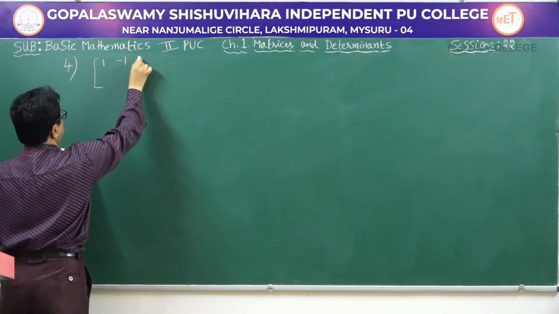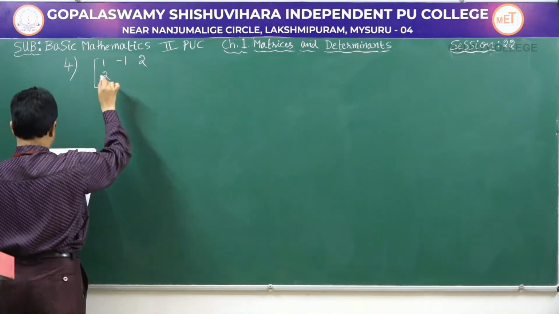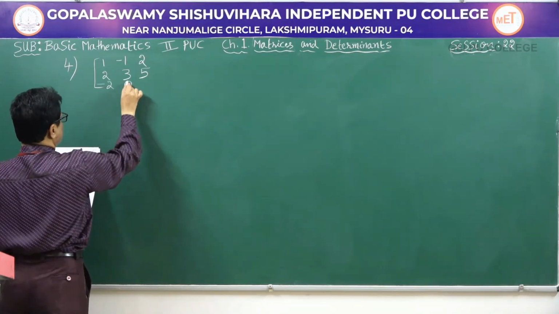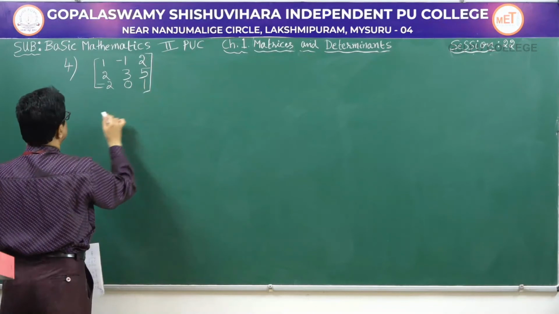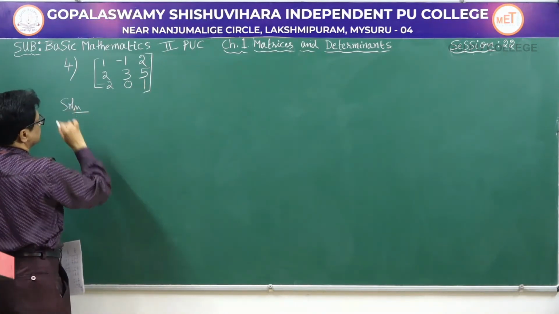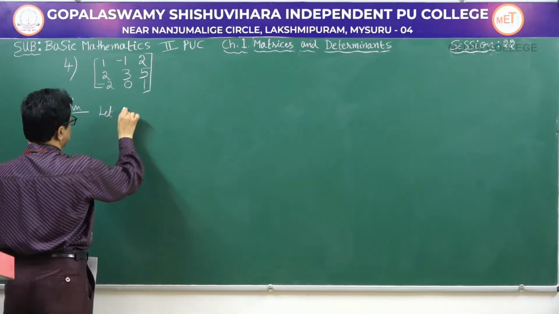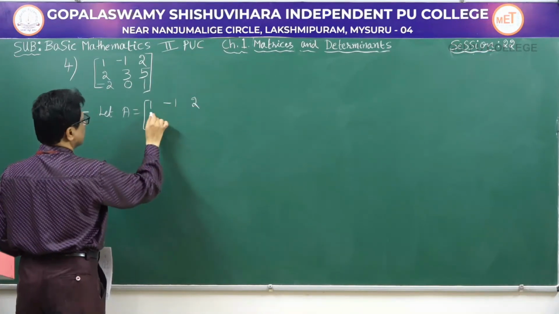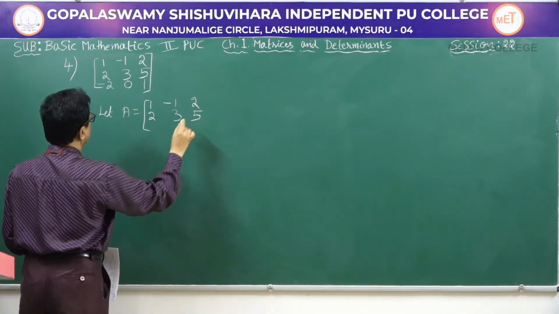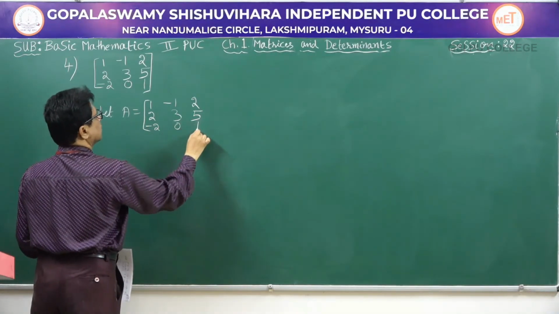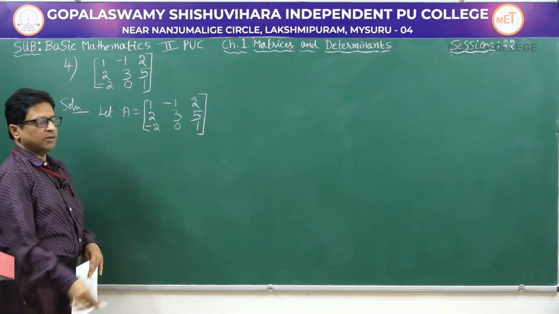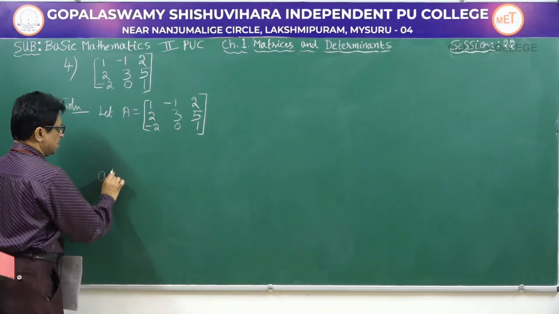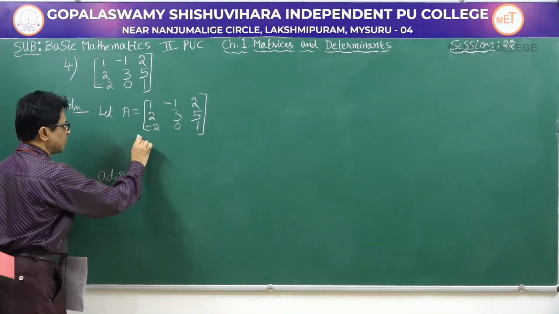Solution. Let A equals 1, minus 1, 2, 2, 3, 5, minus 2, 0, 1. Here we have to find the adjoint of the given matrix A. So adjoint A is equal to,